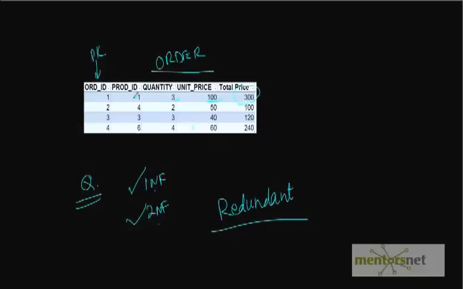If you see, this total price is computed from the quantity multiplied by the unit price. That means this 300 is essentially coming from 3 times 100. So if I remove this column from my table, nothing is going to break. The world is going to be the same. If it is there, I am already computing it; if it is not there, I can always compute it from quantity and unit price. So the point I'm trying to bring out is that this total price column is redundant.